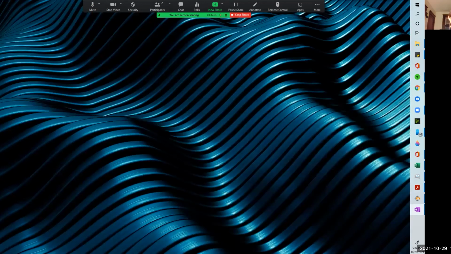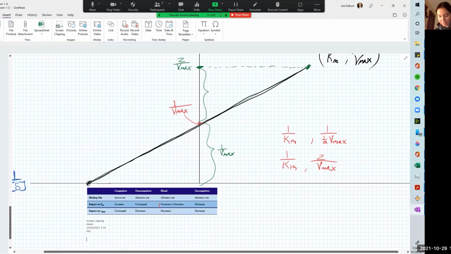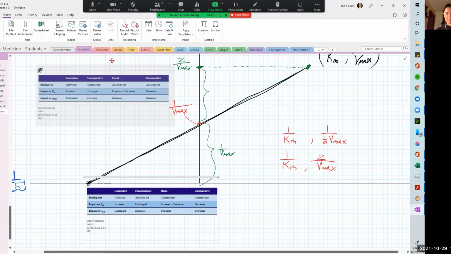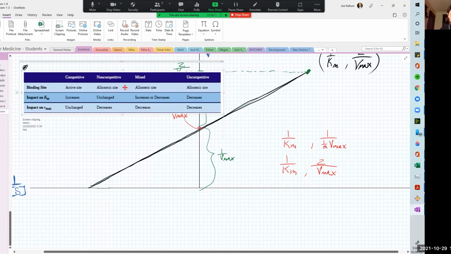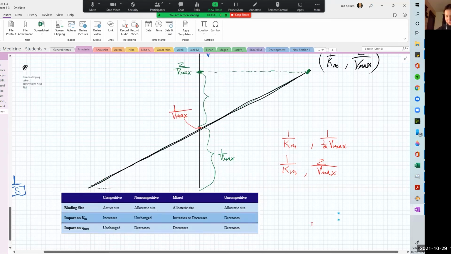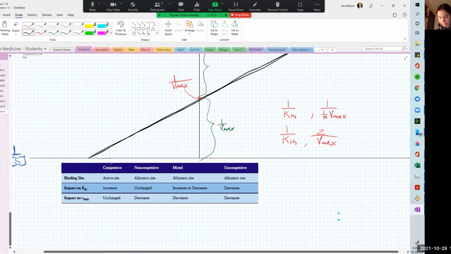Yeah. So this is the thing I'm talking about. This is stupid. This table. I just want the table. Really just the names of them. That's the thing I have the problem with. Competitive is fine. Competitive is great. Non-competitive is stupid. And the fact that there's a non-competitive and an uncompetitive is stupid. Actually, that's what I mean by stupid. That's the thing I have a problem with. Anyway,